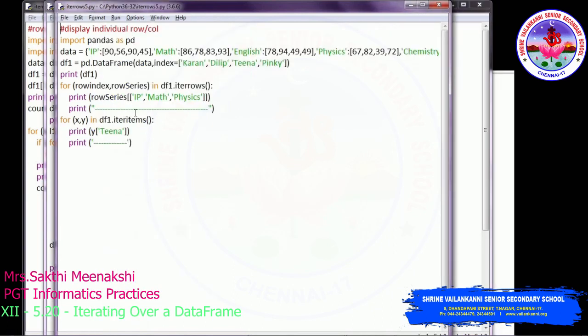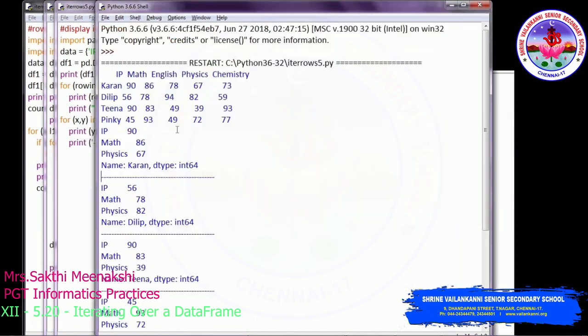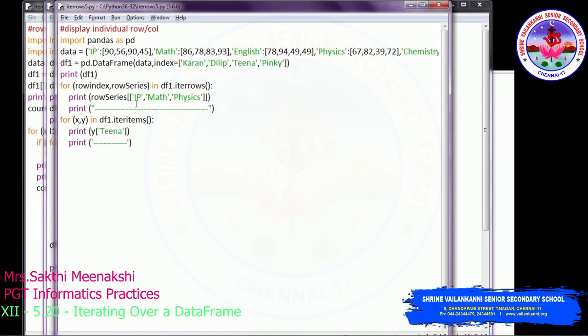So we are using iter rows here. So again, this is iter rows. We are going through only the row value. Okay, but we are displaying only Tina's mark. So both statements use iter rows. In both for loops, we are iterating row wise. But instead of displaying all the columns, here we are displaying only the subject marks. Here I am using this Y. Okay, so row series is written here. Same row series, I am displaying only Tina's mark.